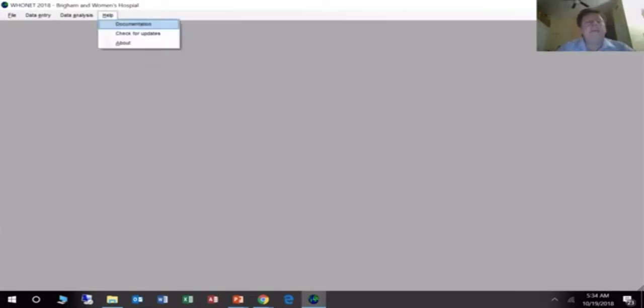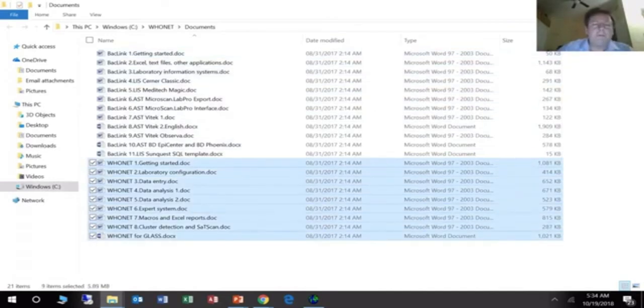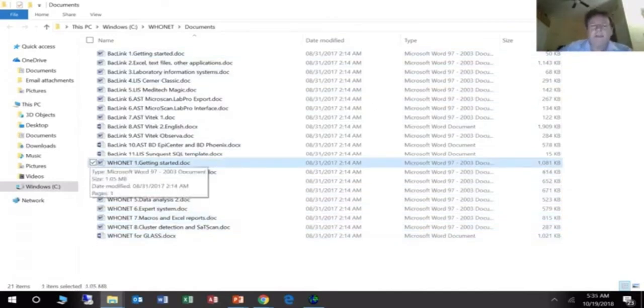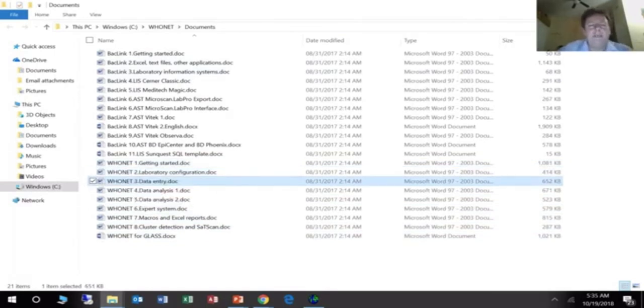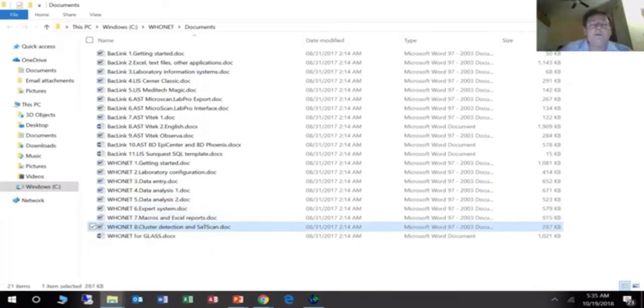If I go to help, the first thing under help is documentation. So I'll show you documentation now. It sends me to a folder on your hard drive. And here you see at the top all of the background tutorials. But for what I'm talking about right now, the WHONET tutorials: WHONET getting started, including installation, lab configuration, what I just did, data entry, data analysis part 1, data analysis part 2, WHONET's expert system, macros and Excels for automating analyses, if you do the same analysis every week or every month. And then finally,